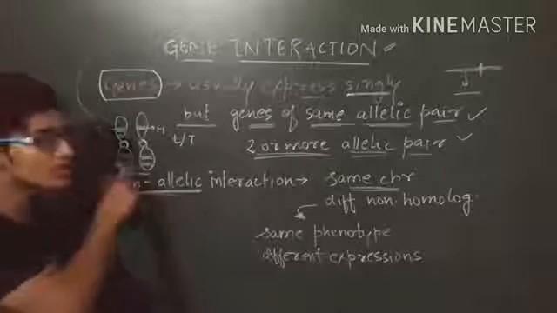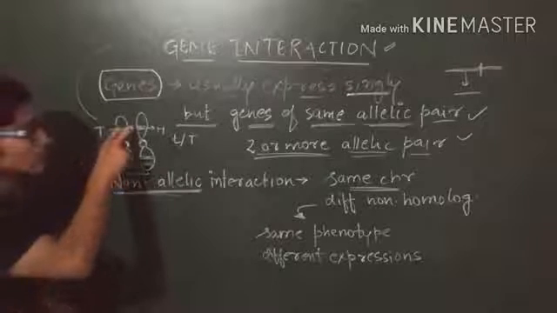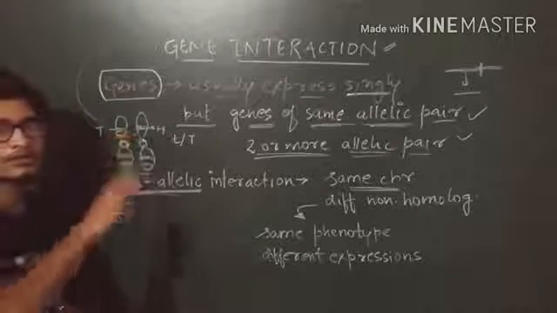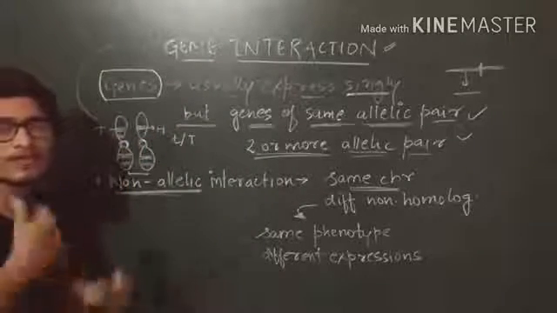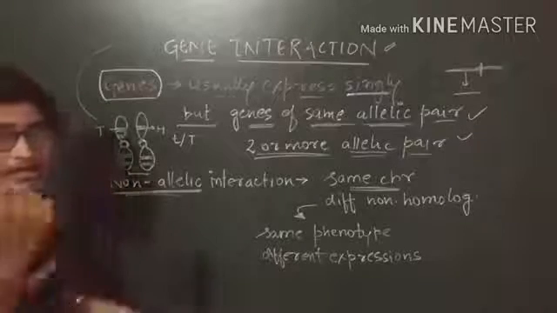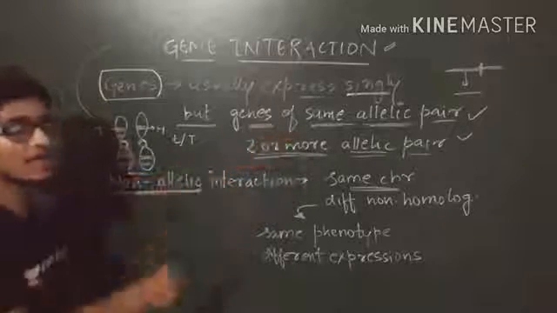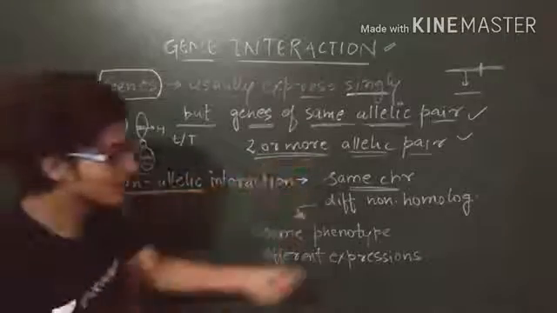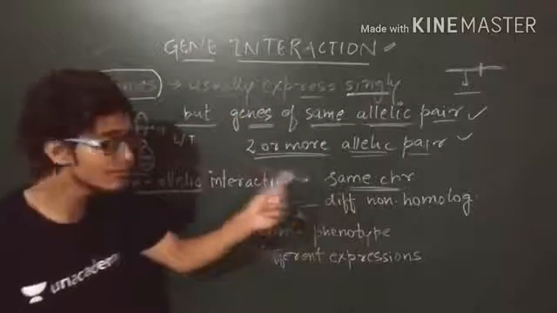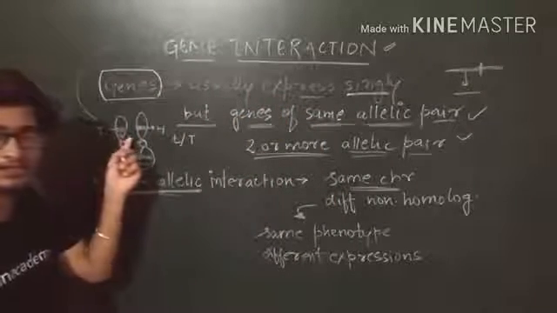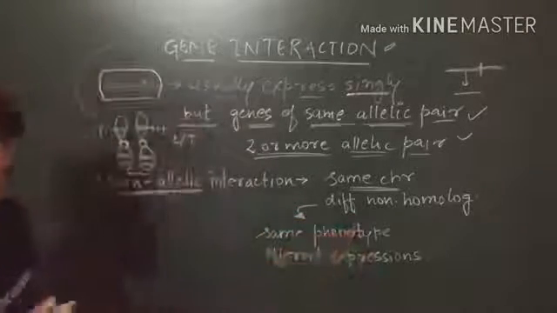Because if the chromosome will be homologous, it will not be this case, it will be this case, that is allelic pair. Because in homologous chromosome, the gene that is present over here will be coding for the same character, that is plant height. The expression does not matter, but the expression is for plant height, the character is same, so the chromosomes are going to be homologous in that case, that will be allelic pair. But when we have to talk about non-allelic pair, then there are two things, that the two genes which are going to interact can be present on the same chromosome, that is in this case, right? They are present on same chromosome at different regions and on different non-homologous chromosome.